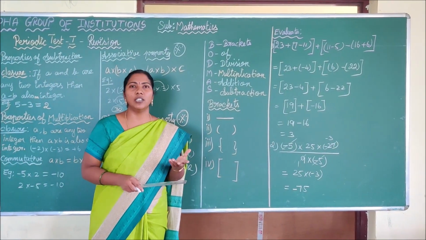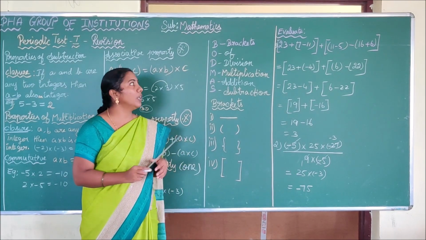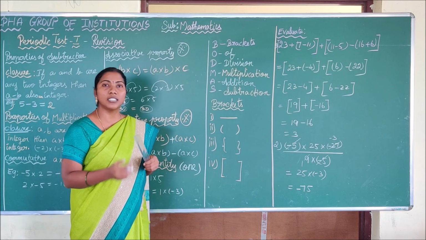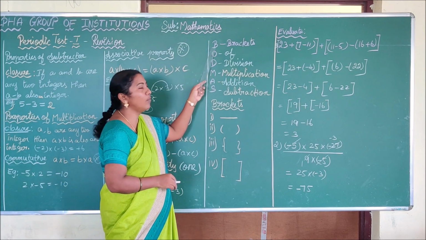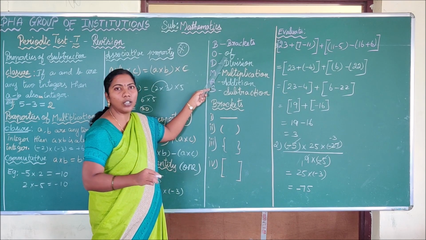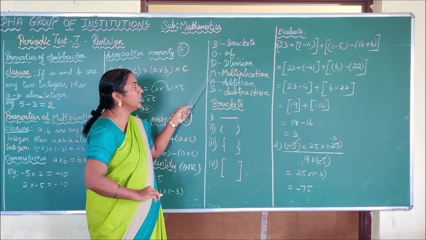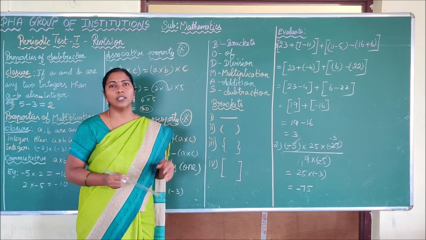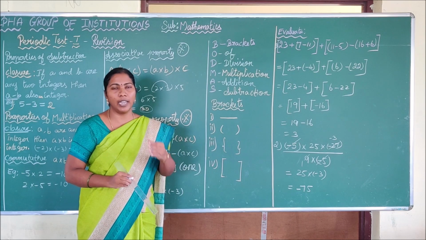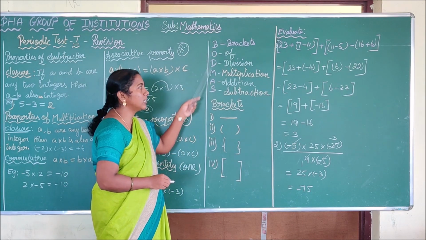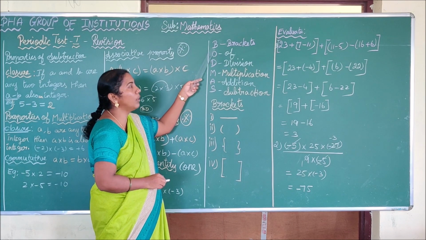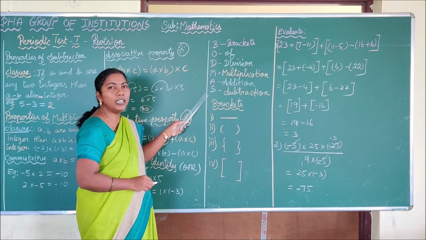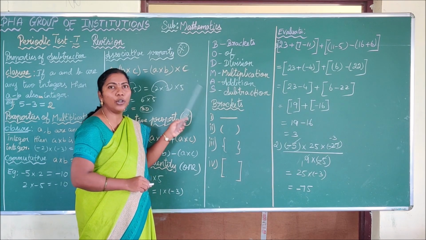And properties of division, there is nothing, it does not have properties. Okay. So we are going straight to the BODMAS rule. What is the BODMAS rule? We have already discussed it in 6th standard itself. BODMAS means B for brackets, O for of, D for division, M for multiplication, A for addition, S for subtraction. If you have a sum, and the question is asking to evaluate or simplify, then you have to apply this type of operation. First you have to remove the brackets, and then of, and then division, and then multiplication, and then addition, and then subtraction. This is the order of operation you have to follow.